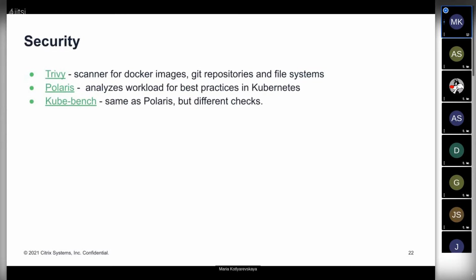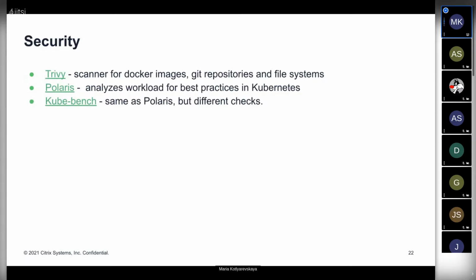Regarding analyzing Kubernetes clusters, for example, you just come to the project and you see a Kubernetes cluster. You need to understand what is going on in this cluster. Several times I used Polaris, just deployed it and checked via its UI what problems exist in the cluster.